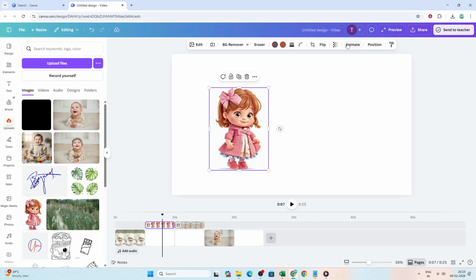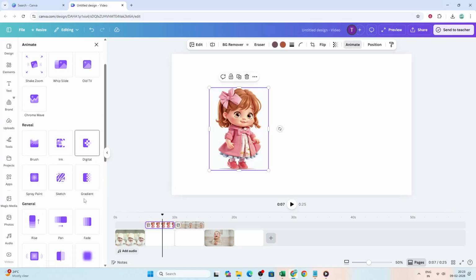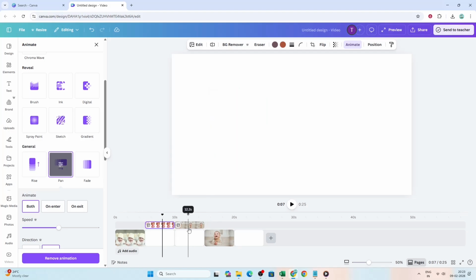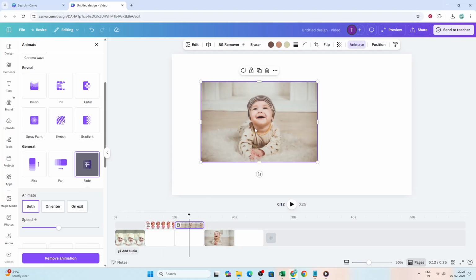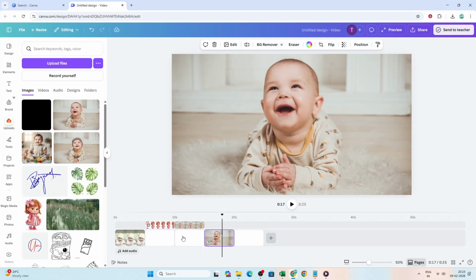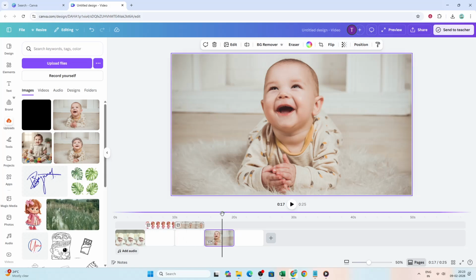Let's add movement. Select an image and click Animate in the top toolbar. Explore options like pan, zoom, or tumble. Hover to preview, then click to apply. Limit yourself to a couple of styles so the video feels consistent, and keep motions gentle to avoid a jarring